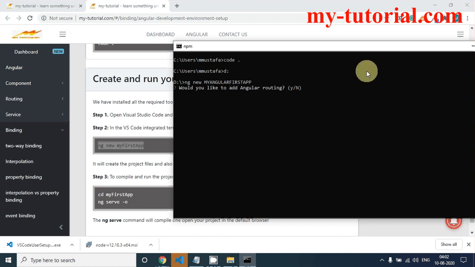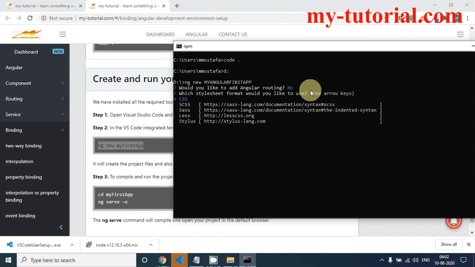The moment you press enter, it will ask you to add routing. You can say yes or no. At this point of time, I will say no. It will again ask, do you want to add any CSS? You can use the up and down arrow.